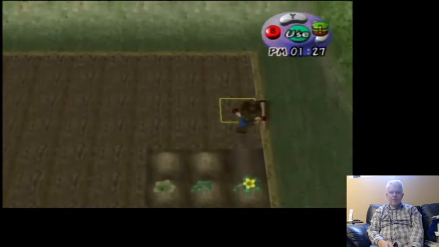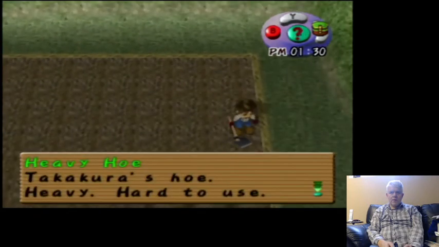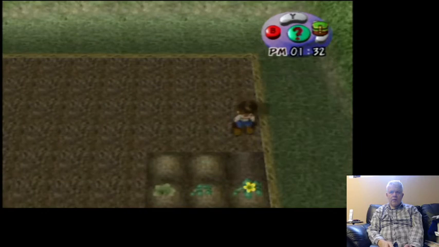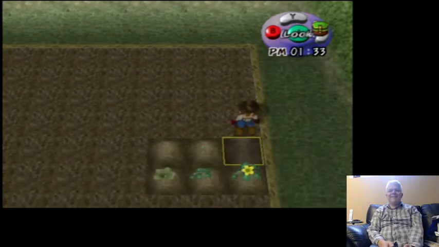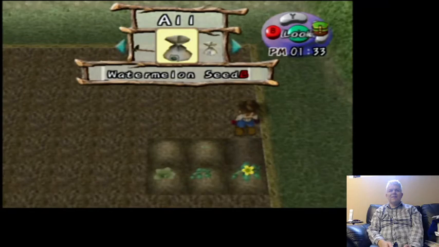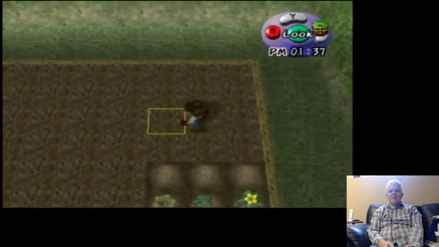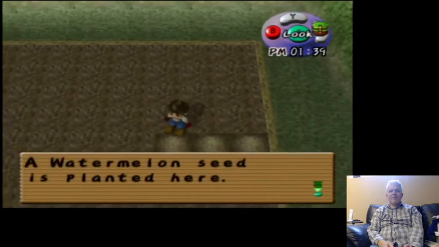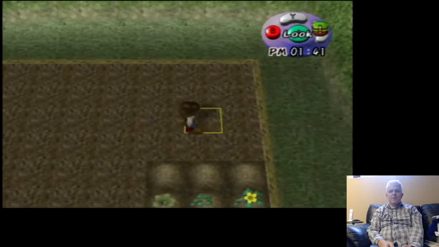Now, what's the... Oh boy. What's here? Oh, okay, so... Maybe the interface in this game is really work. There, have a watermelon seed. What's in here? Another watermelon seed. Great. So up here,